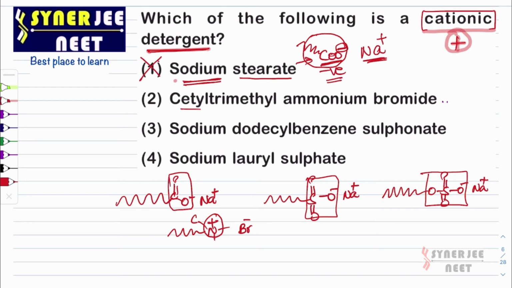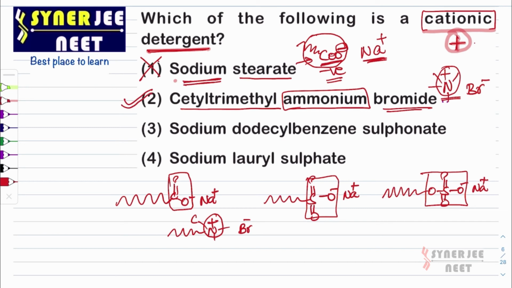Now here you need not remember the organic structure, but it is an ammonium bromide. Bromide will be with a negative charge, and the term ammonium comes when nitrogen has a positive charge with four bonds. We do not know how many carbons are there, but we can directly tell some organic part with a positive charge inside. Therefore, it is a cationic detergent. This is our answer.